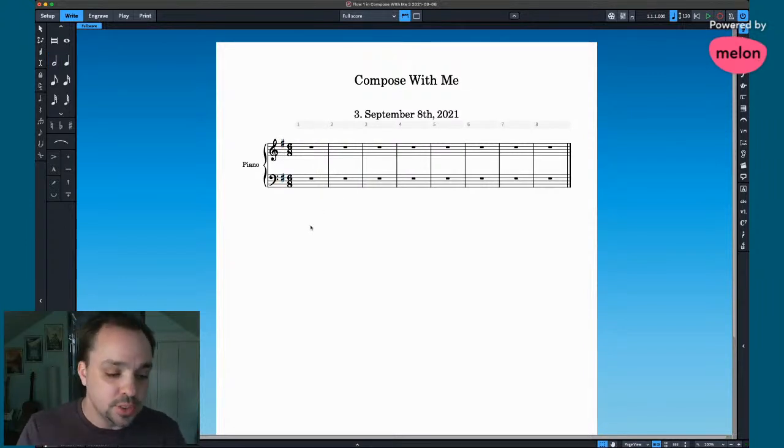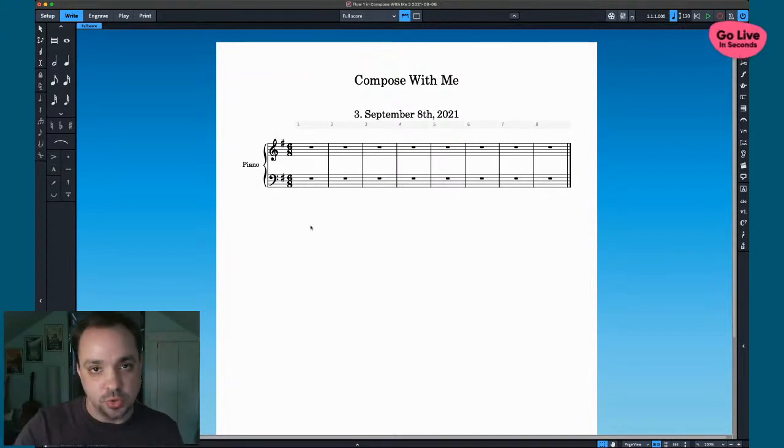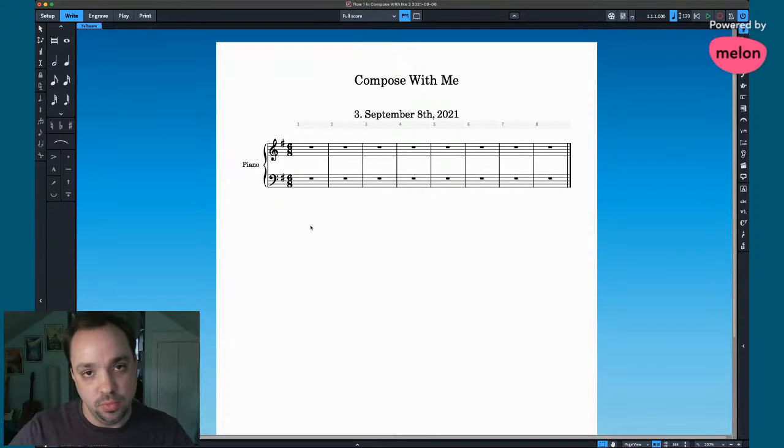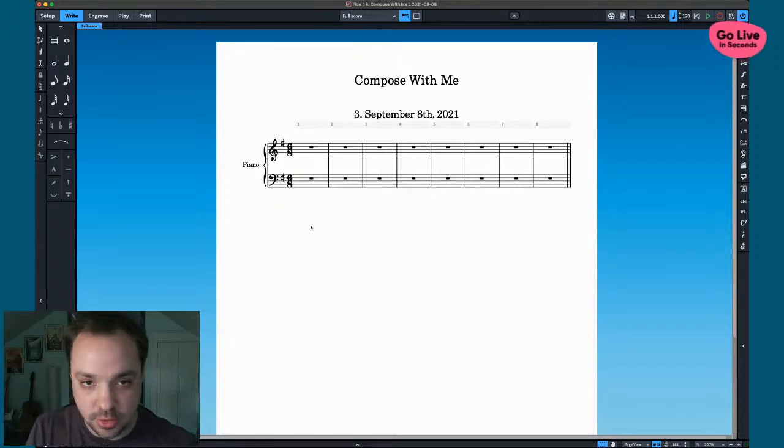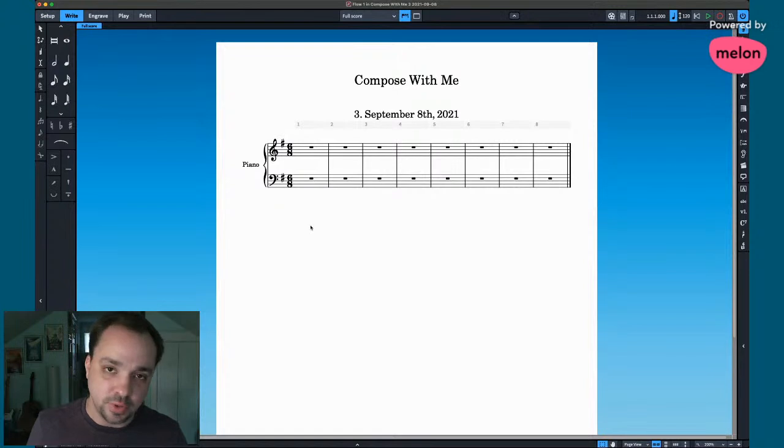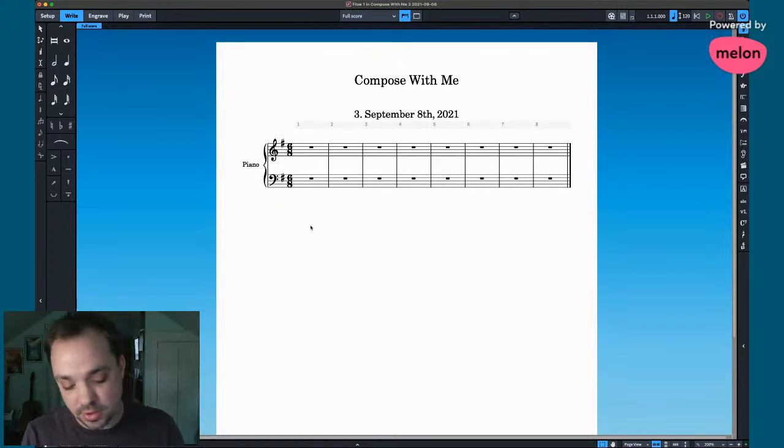Unfortunately, I'm using Melon to stream right now, and you can share your screen, but you can't share the audio from your screen unless it's a browser tab. So you're hearing the audio coming out of my monitors. So hopefully you can hear that okay. I might try a different software for the next one, but if this works for now and you can hear it, then we are good.